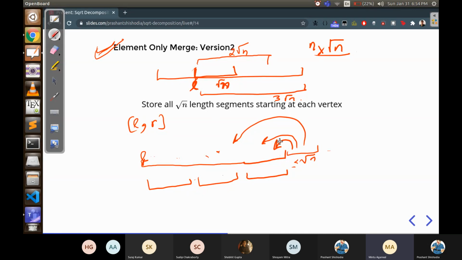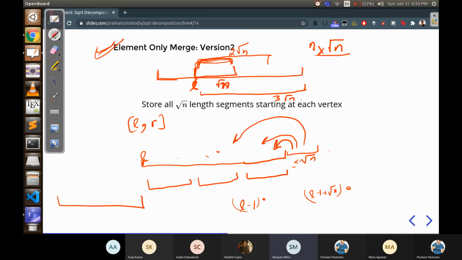I got his point. He means, how do we get this answer in a second? Like how do I really have this answer for this block? Okay, so I have the answer for L minus 1 to L minus 1 plus root n, right? I can get it from here. I just have to delete an element from the left and add an element from the right. You got me? Yeah, got it.